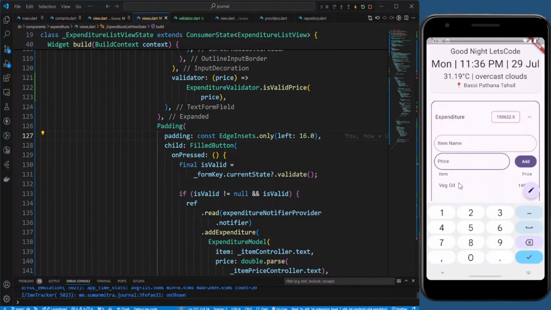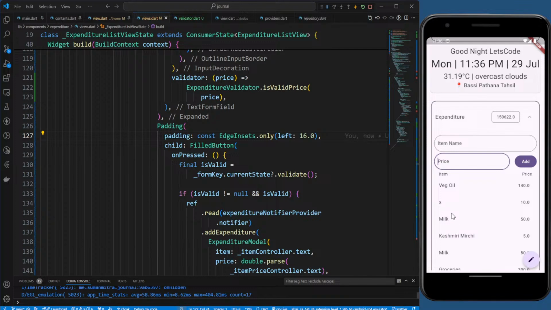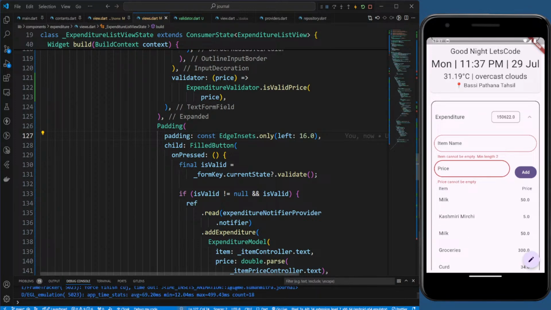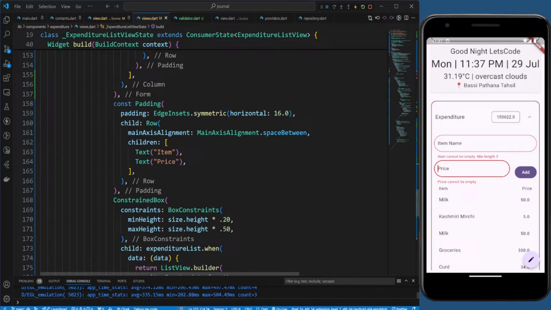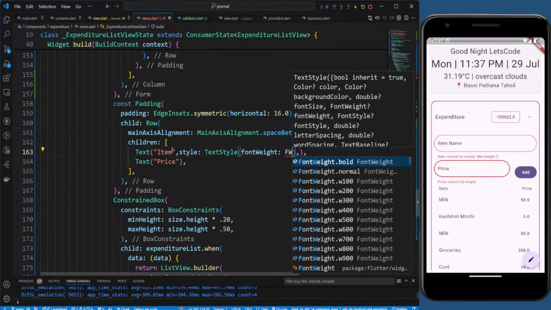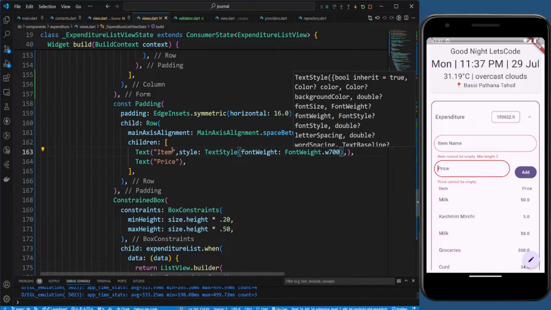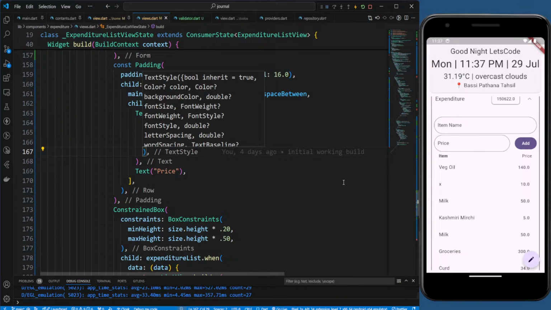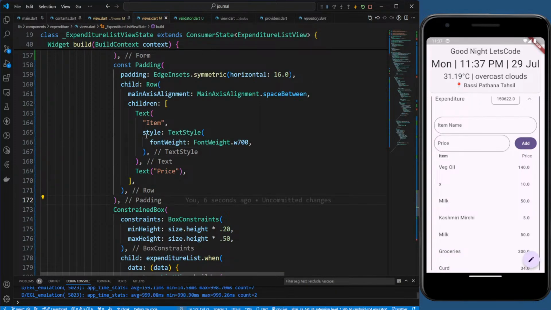I think this looks fine. You can just add it directly here and everything should get working. Okay, the item and price, I think we should make it bold, so textile font width .700. Similarly for the price,